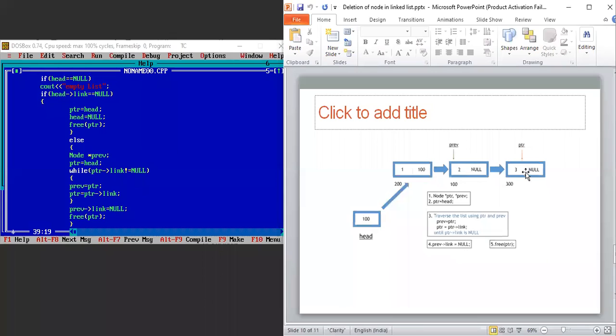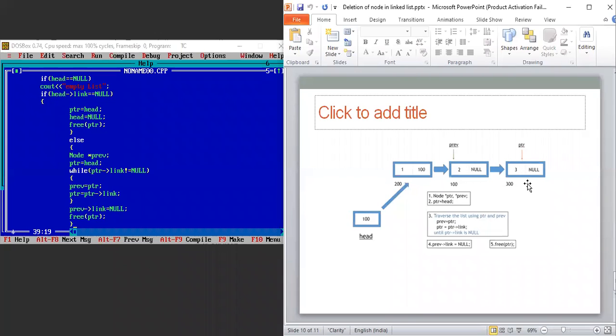It will move further, and when that PTR value has null, now this previous link will be equal to null. As you know, both these nodes are moving simultaneously, previous and PTR. So I am assigning the link portion of this previous as a null part, and at this particular node I will free this PTR node over here.